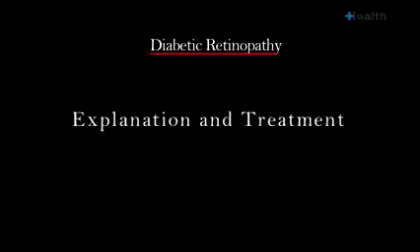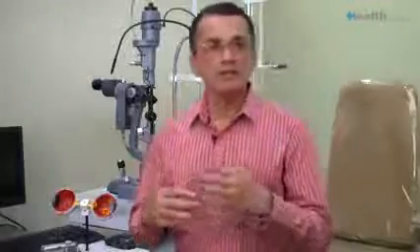The end stage of diabetic retinopathy, of course, which results in a rise in intraocular pressure, can be very painful, which of course the patient will not be able to bear at all. See, by intraocular pressure, I mean there is a certain amount of pressure in the eye which maintains the globe, the eyeball, in its proper shape. And this also has a role in circulation in the eye.